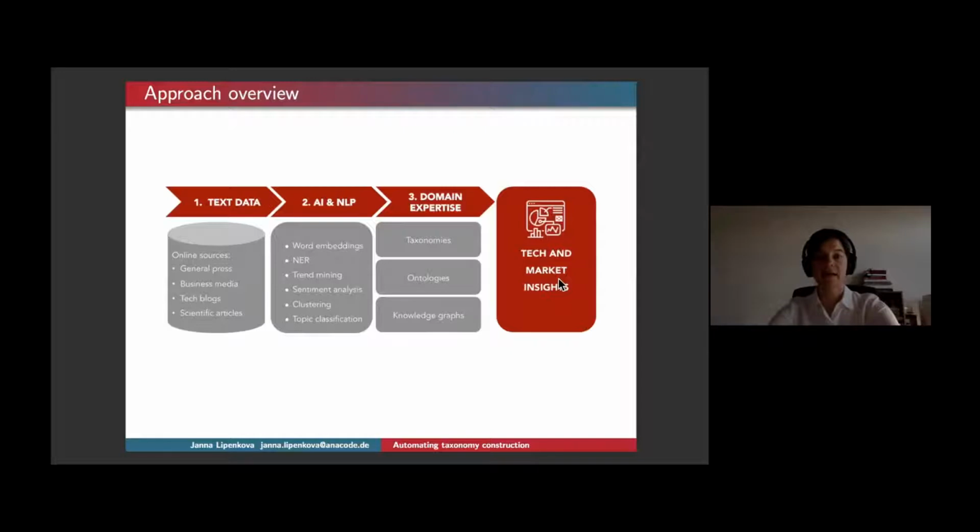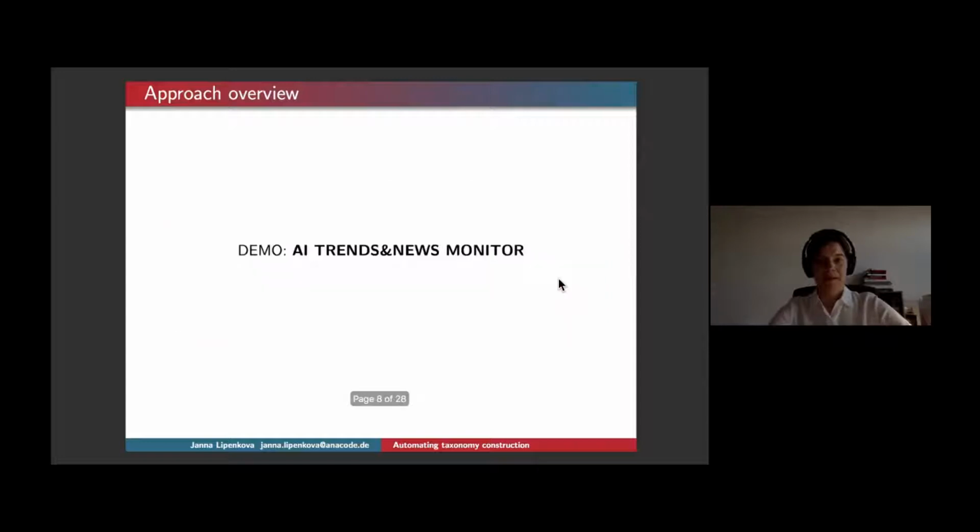And as said, today, of course, we will focus on this first point of the taxonomies. So now I would like to give you a quick demo of a very new product that we have. It is a monitor for AI trends and news. I would like to show it, on the one hand, to illustrate the technical point of how we use taxonomies in our products, but also because for some of you it might have a practical use,